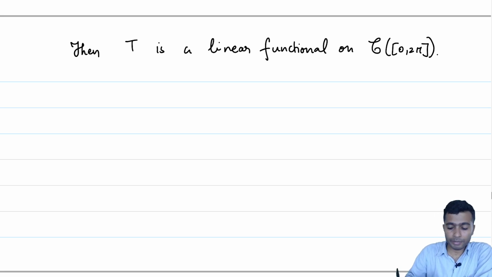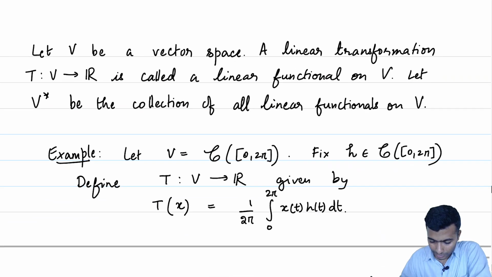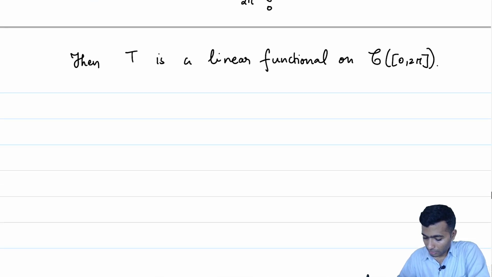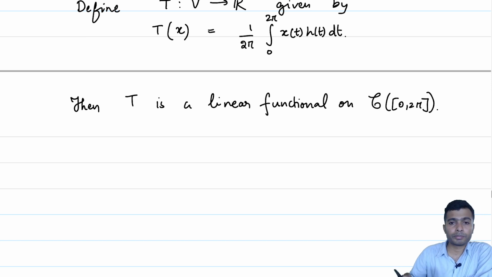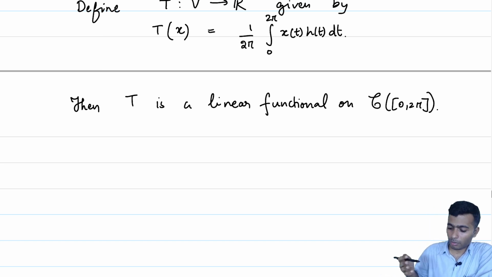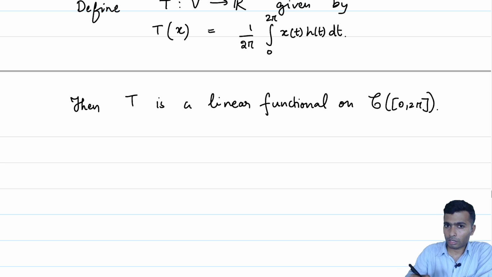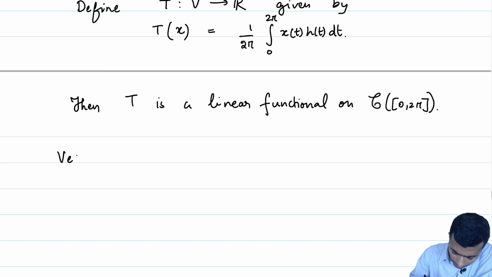So, this might be thought of as a partial justification on why we should be studying linear functionals. So, this is one example of how the study of linear functionals on a vector space tells us a lot about the vector space itself. So, let us, as I was discussing earlier, let us discuss how we can talk about the addition and the scalar multiplication here. So, let us talk about vector addition first.